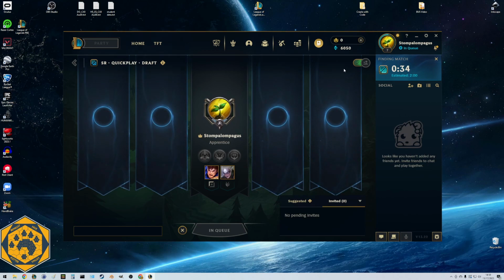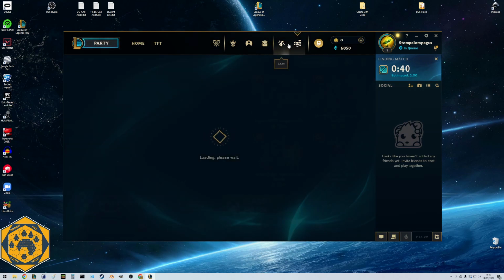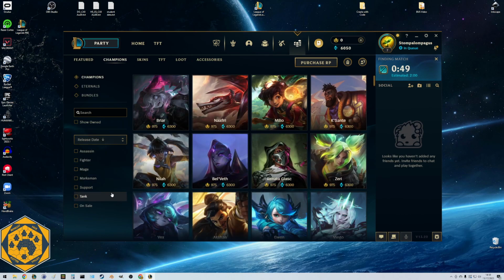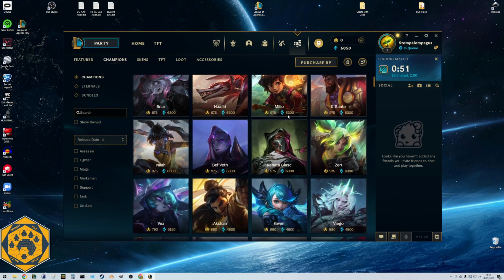Gosh, what do we get? Hey, while we're sitting here in queue, we'll go through some of this. Over here is the shop. This is where you can spend real money and blue essence to buy champions and skins. So here in the champion section, you have basically all the champions